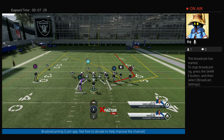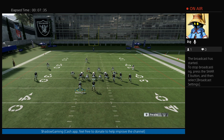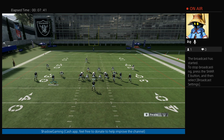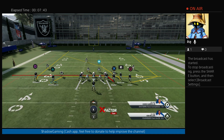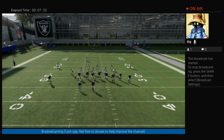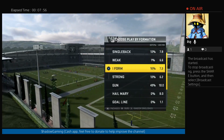And the other thing that I like about gun bunch is you can make it a 5 wide. Okay. So you can motion the halfback out to run dual drags. And, you know, hold up. Let's say, hold up, let me give you a better formation. Let's say we have